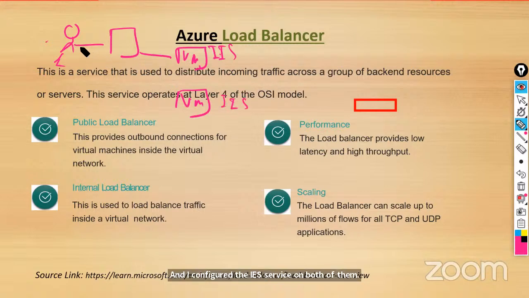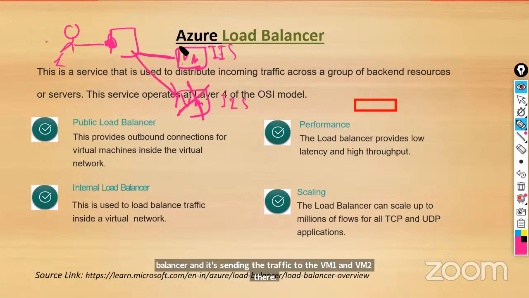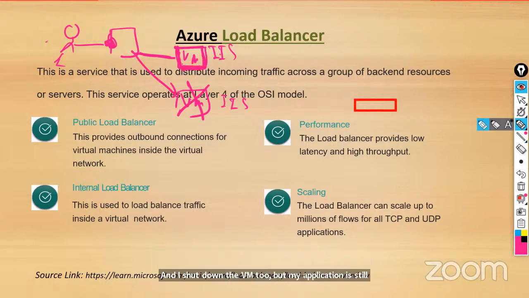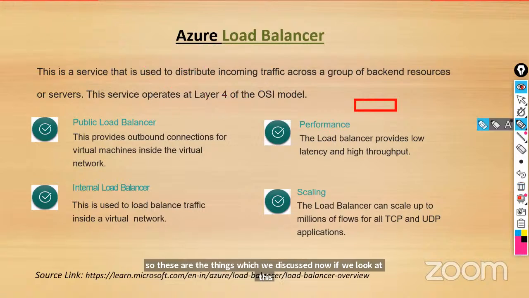Now I was sending the traffic to the load balancer public IP, and there was no public IP on VM1, VM2. On the load balancer I wrote the load balancing rule, and it's sending the traffic to VM1 and VM2 there. And I shut down VM2, but my application is still accessible via VM1. So these are the things which we discussed. Now, if we look at this presentation, there are some components which are important. The public IP address to